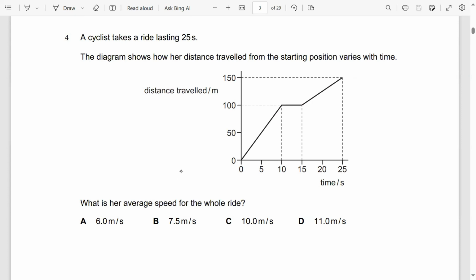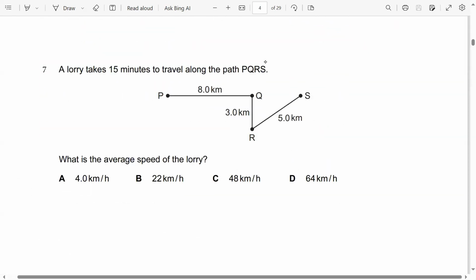The cyclist takes a ride lasting 25 seconds and 150 meter is the total distance. So 150 को आप 25 पे डिवाइड कर दें, आपका आंसर आ जाएगा। 150 टोटल डिस्टेंस है, टाइम 25 है, आपका आंसर आ जाएगा। क्वेश्चन 7 जरा करें।